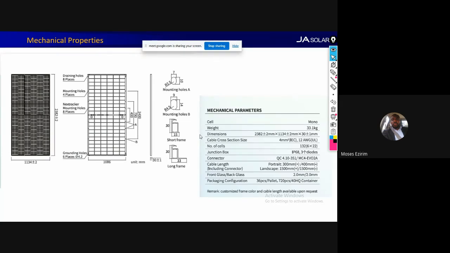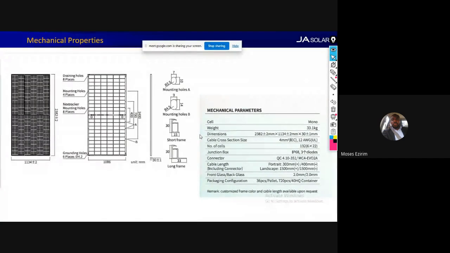Now, when you look at this, we have draining holes in 18 places. Then we have mounting holes in 4 places. We have the tracker holes in 8 places, and we have the grounding holes in 8 places. So our frame is carefully designed to ensure that all the parameters that will help you in doing your mechanical installation are already there. So you don't need to drill, you don't need to do anything. All you need to do is bring in your clamps and fix it in. You have where you are going to do your grounding, bring in your cable and plug it in, you are good to go. If you are using a tracker, the holes that you're going to need for your tracker are already there as well.